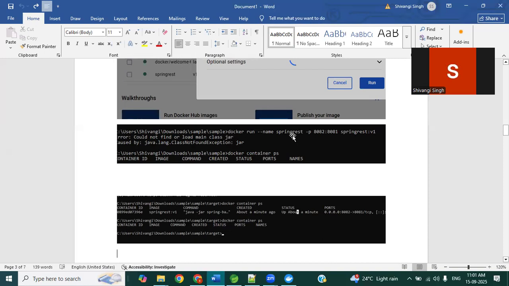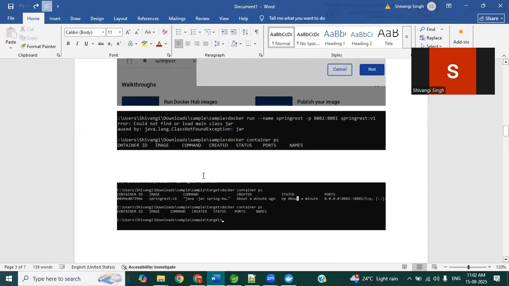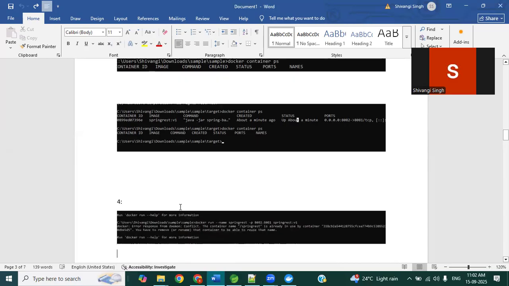This can be different. What it is saying is it could not find or load the main class, caused by ClassNotFoundException. Now I can tell you when you get such exceptions. Such exceptions occur when your jar file is not present in the location, or whenever there are some issues with your project, so you need to check that. What issues are here? If you see the PS, that is how you can check whether your process is running: docker container ps, and you see that your project is not working.